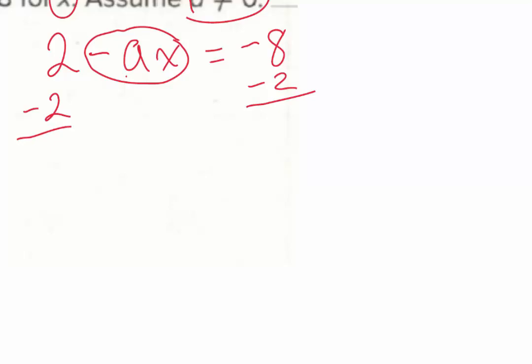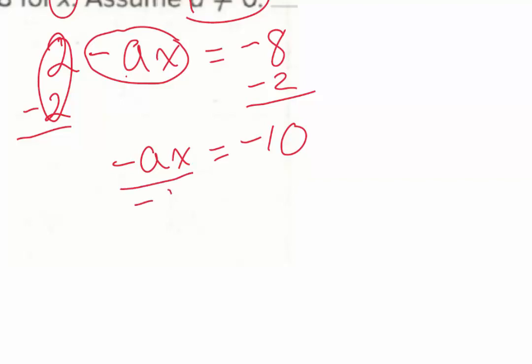So 2 minus 2 gives us a 0. And 0 minus ax is going to give you a negative ax. And negative 8 minus 2 on the right-hand side is going to give you a negative 10. Now we want to get rid of the a and the negative, not just the a. We want plain old positive 1x left over. So I have to get rid of the negative. So I'm going to divide both sides by negative a,